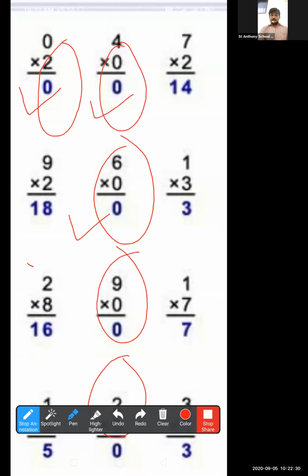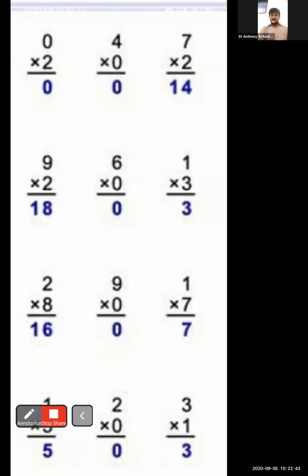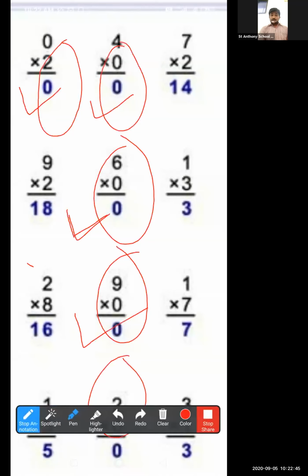See, 0 into 2 answer is 0. 4 into 0 answer is 0. 6 into 0 answer is 0. 9 into 0 answer is 0. And the last one is 2 into 0. Answer is 0. Okay, so we can come to one conclusion that if we multiply any number with 0,